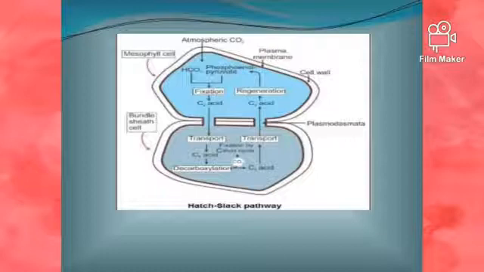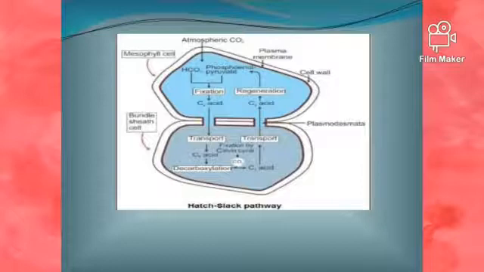Already we have the information that the Calvin cycle requires 18 ATPs and 12 NADPH+H+ to produce a single molecule of glucose. Like this, in the bundle sheath cell, by utilizing the assimilatory power, a glucose molecule is synthesized. Then what about pyruvic acid? This pyruvic acid, which is produced in the bundle sheath cell, through plasmodesmata again moves into the mesophyll cells and, by utilizing 2 ATP molecules in the presence of pyruvate phosphate dikinase, will be regenerated again into phosphoenol pyruvic acid.